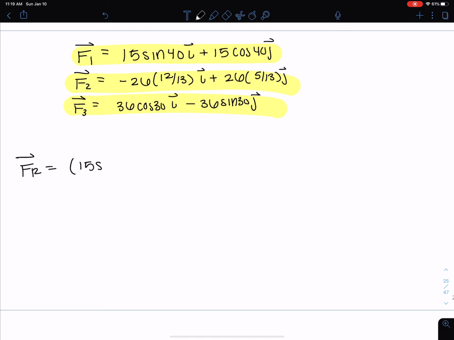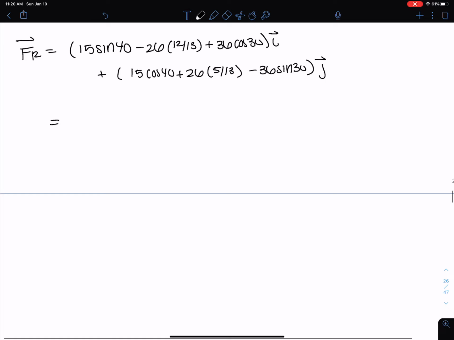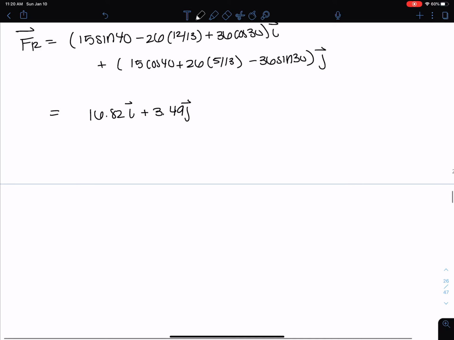So I have 15 sine 40 minus 26 times 12 over 13 plus 36 cos 30 in the I, plus 15 cos 40 plus 26 times 5 over 13 minus 36 sine 30, and this is all in the J. And I can simplify this, and I get 16.82 in the I plus 3.49 in the J. And I can get the resultant